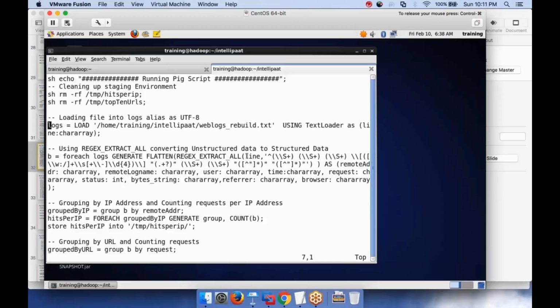Once you write this regex, based on the regex, you know that the first column is your IP address, second column is log name, third column is user, fourth column is time, fifth column is request. Because you are saying that whatever is there inside your square brackets, it should be 1 2 3 4, so it should be time. Okay, so if you go back and see the log,